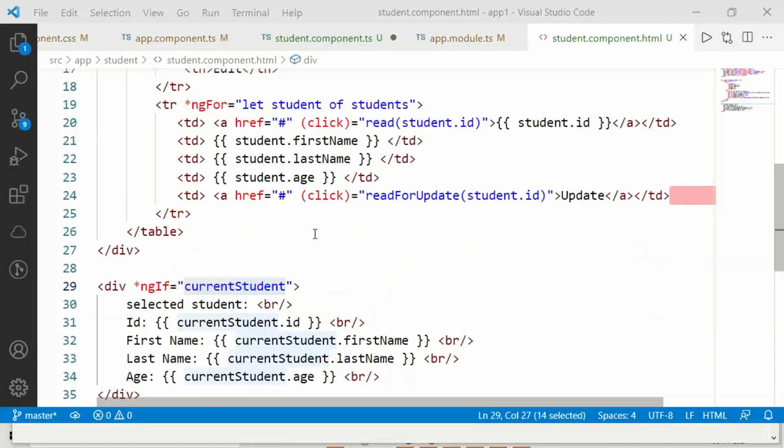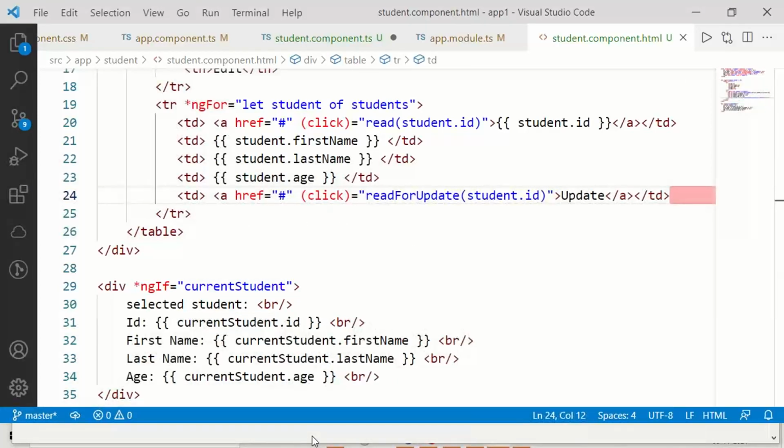So we wanted delete record and patch record. For patch also, I will be using the same form.